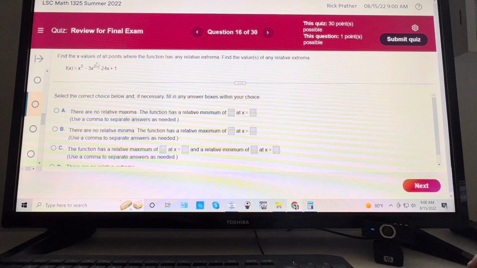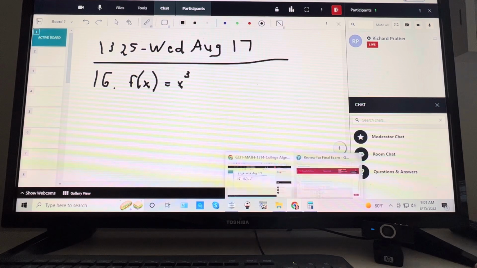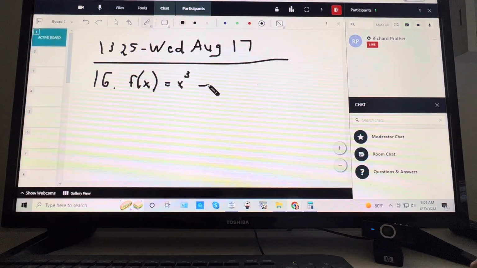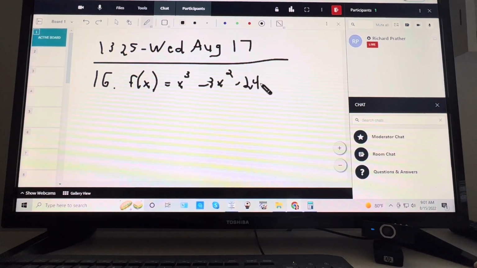Find all x values of all points where the function has a relative extrema, and then find the values of them. So they want the x values and the y coordinates. We have a cubic function, x cubed minus 3x squared minus 24x plus 1. Very similar to number 15, the way this is going to start is